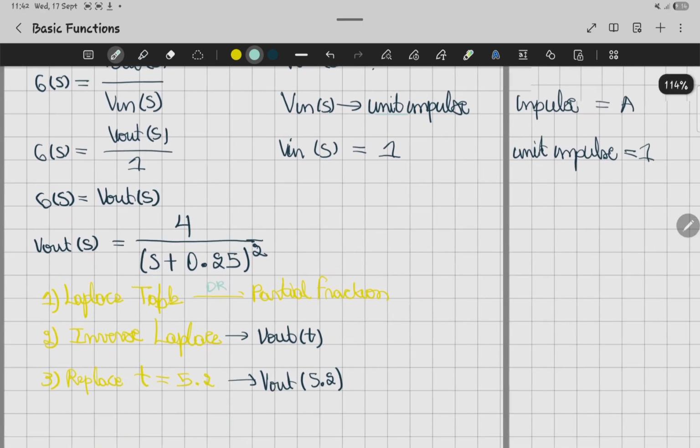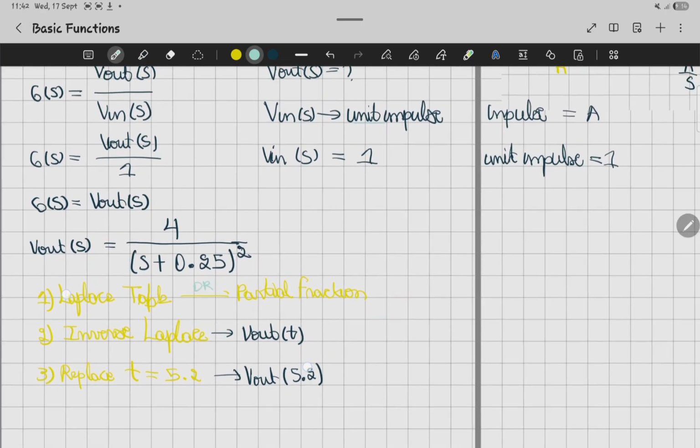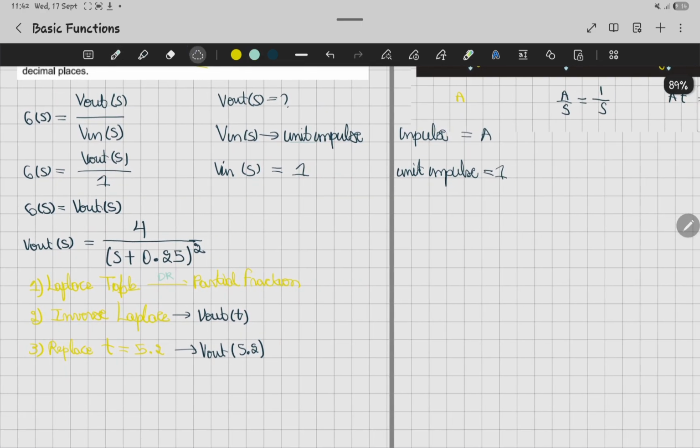But in fact, I know that we're going to find this in the table. So what we're going to need, we need to check